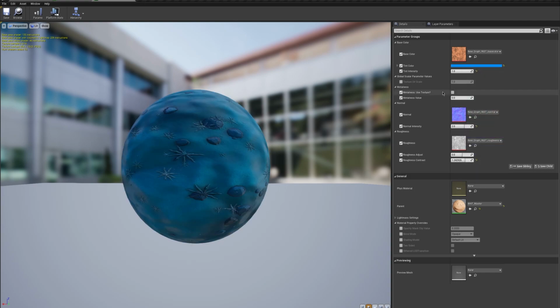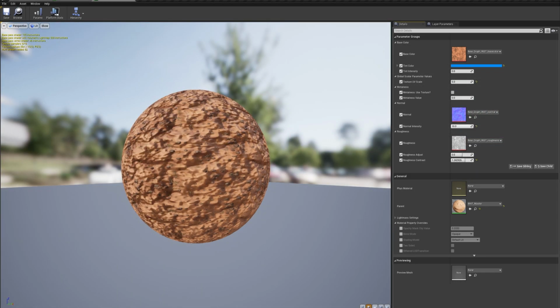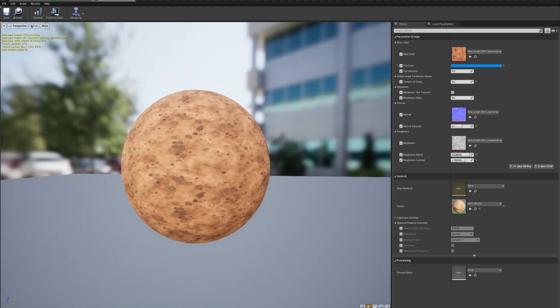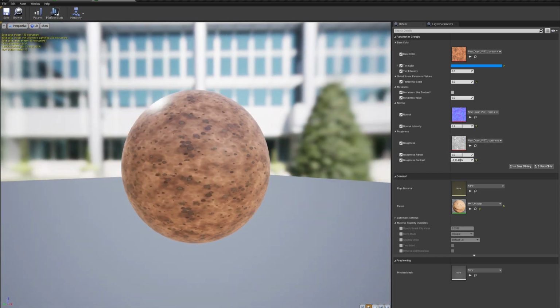Welcome everyone, my name is Brayton and today we're going to be jumping into Unreal 4 to do some basic material creation. We're going to be creating from scratch a pretty basic material and exposing some parameters that are pretty typical of a master material, including things like tinting for your color channel, being able to control the UV tiling amount, being able to control your normal intensity, and being able to adjust your roughness and metal, as well